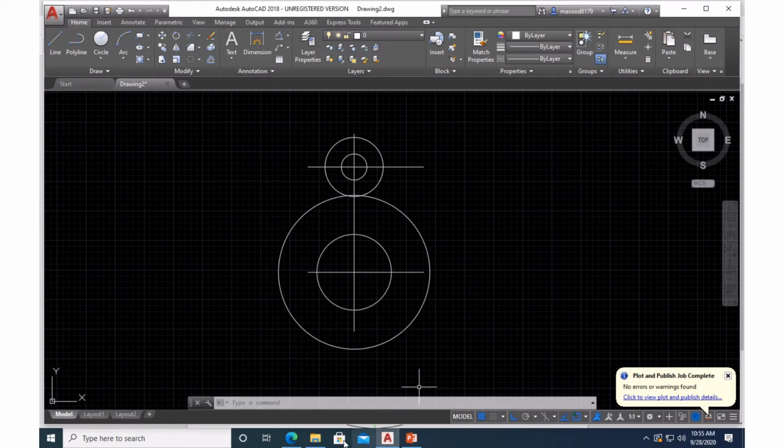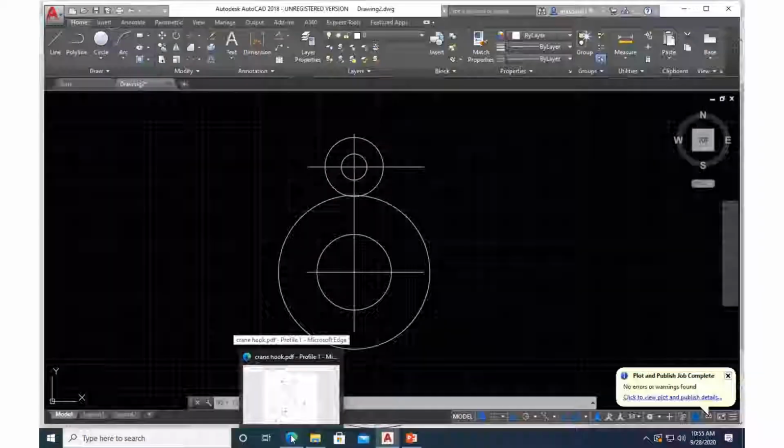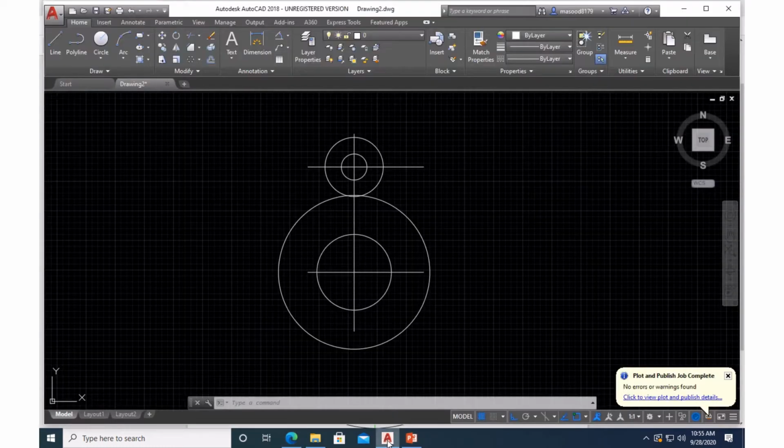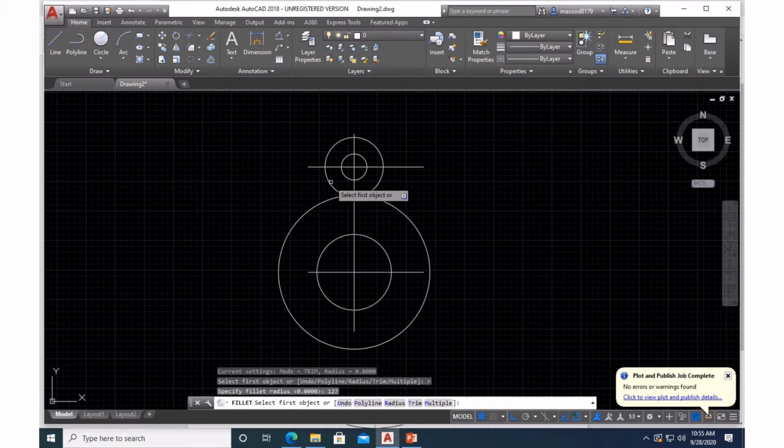Now if you go here to your picture and see, I have got an arc here, so I can use the fillet command for this one. Let me do that first. Where is my AutoCAD? My AutoCAD is here. Now let me select the fillet command, enter R, enter. Then what is the radius? 127. This is the radius, enter. Now select the circle. This is one circle and this is the other circle. See, already you finished this.